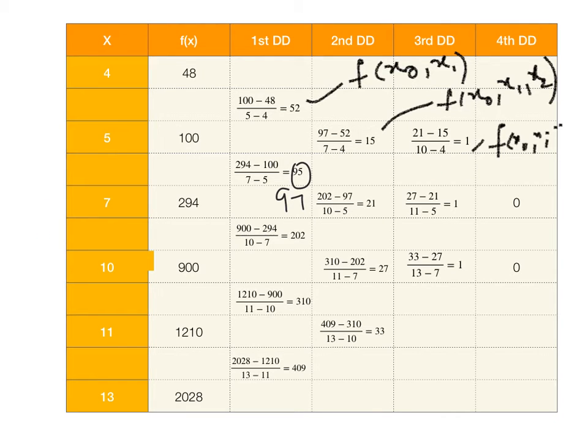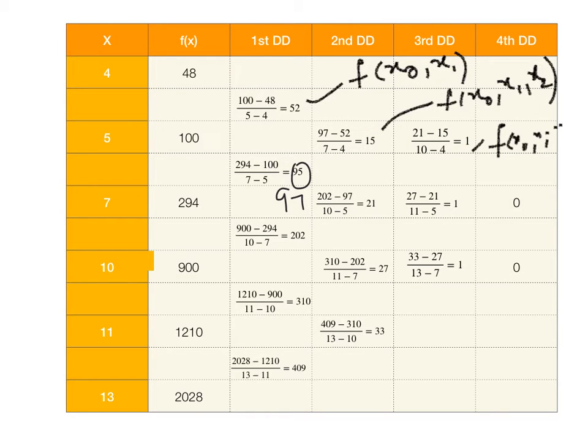Then the last divided difference column is obtained by, anyhow these are all the same, so the numerator itself becomes 0 minus 1. But for the denominator of this entry, since it is the first entry, you take the first entry. Next we have to skip 3 entries, 11 minus 4. For the next one, take this, skip 3 entries, 13 minus 5. Likewise we have to continue. Note down, these are the terms required for the formula substitution.